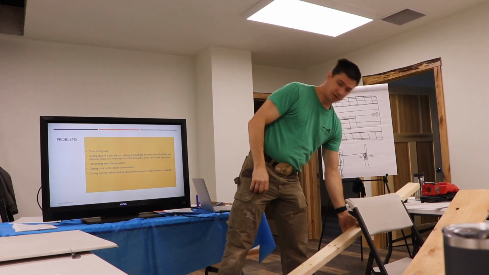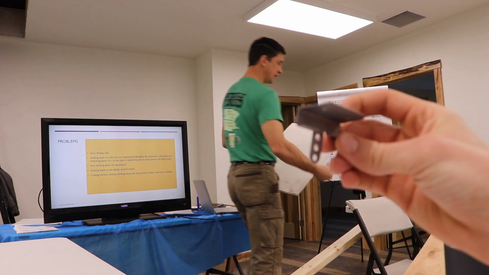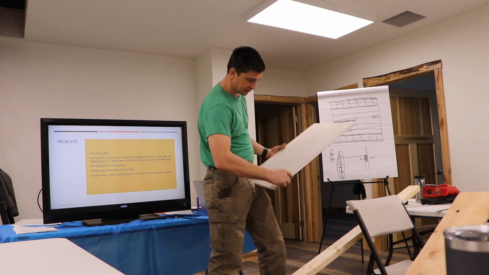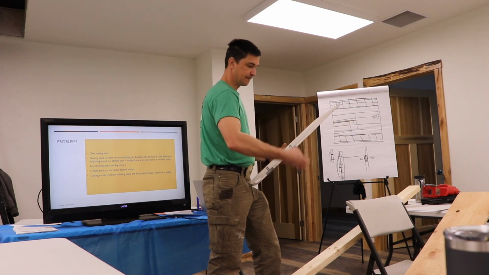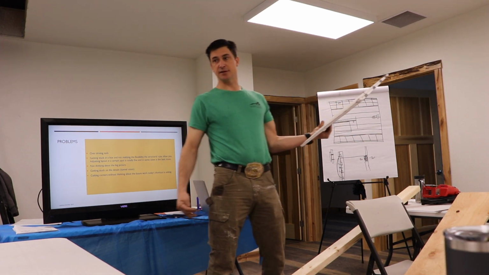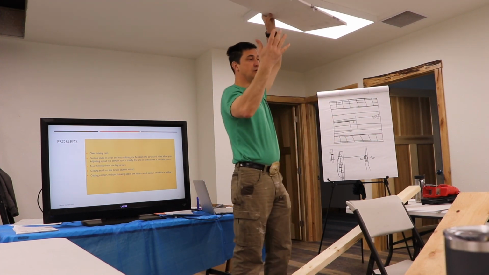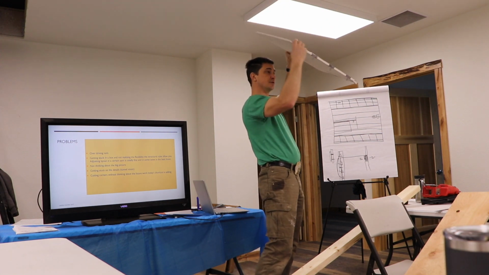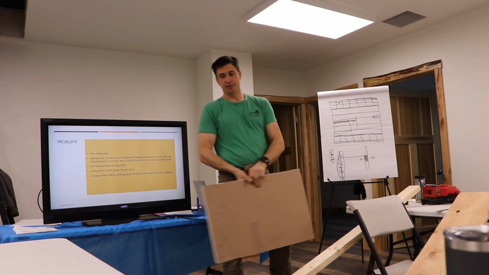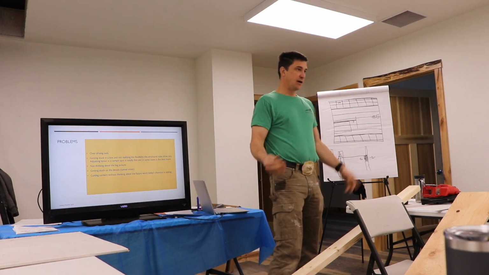The time it takes to throw four of these on... You have them in your tool belt, you get your drywall cut, and you're like, there we go, took 15 seconds. Then you put it up, joop, joop, joop, screw. It's no more time than it takes to screw through the sheet. So it literally adds almost no time to hanging drywall, and you eliminated the 25 hours of having a